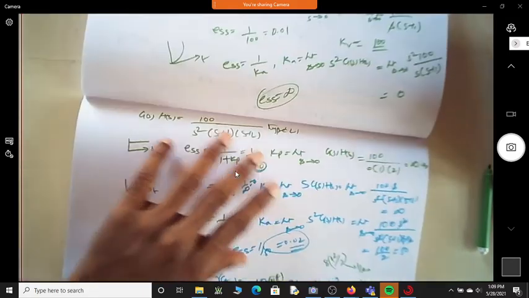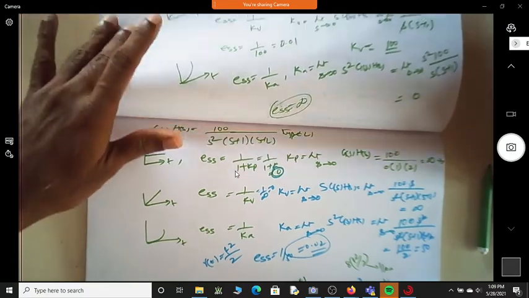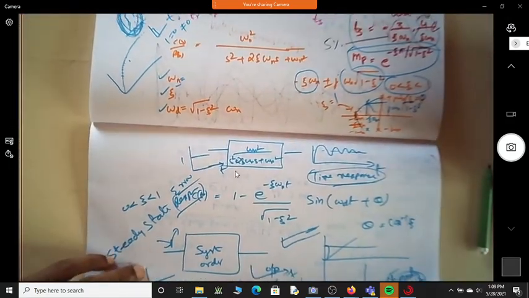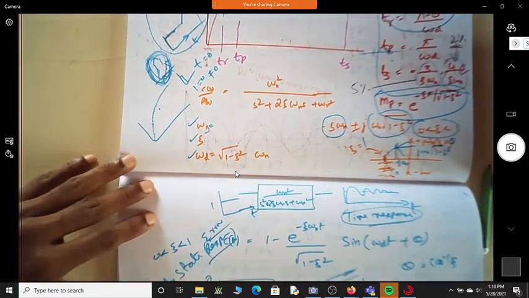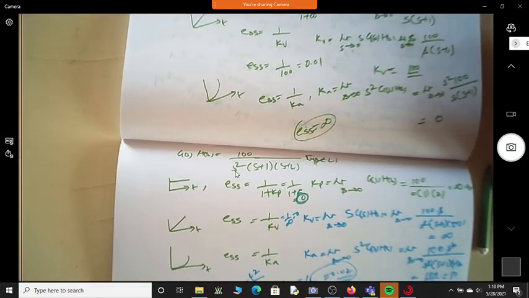We'll see such types of problems on steady state as well as transient. Of course, we have not done any transient response problems. Now, since we know what is the steady state as well as transient response, we will solve a few problems and try to understand their implications in the real situation.